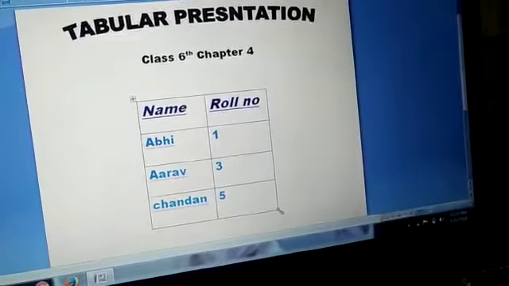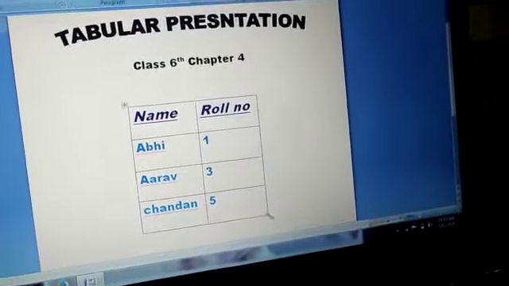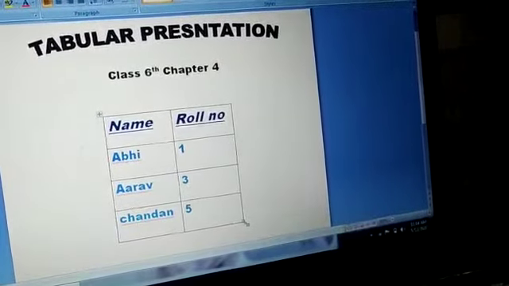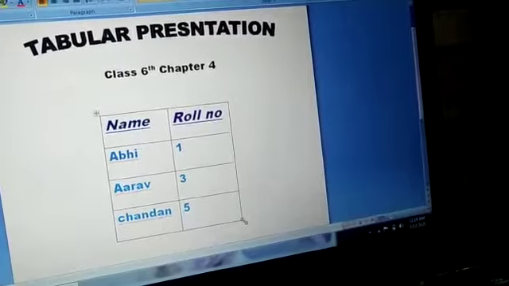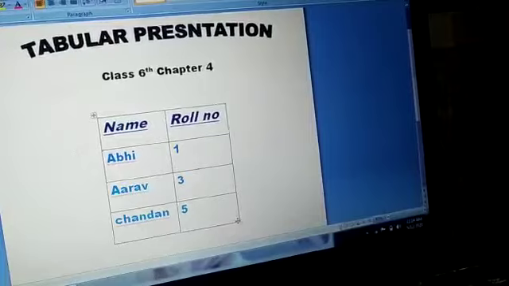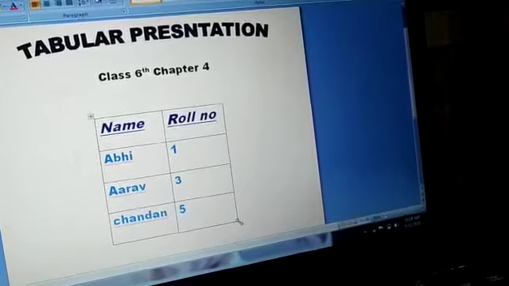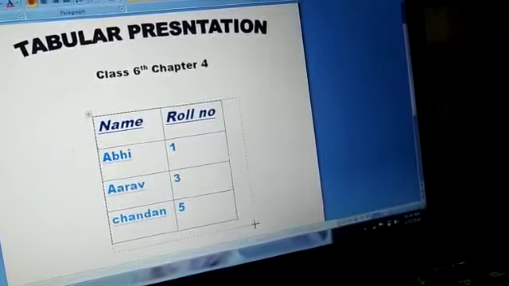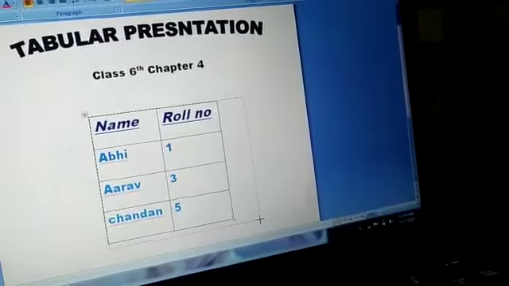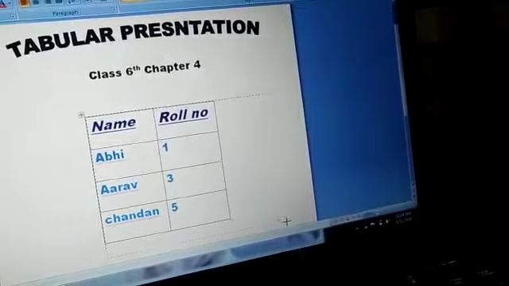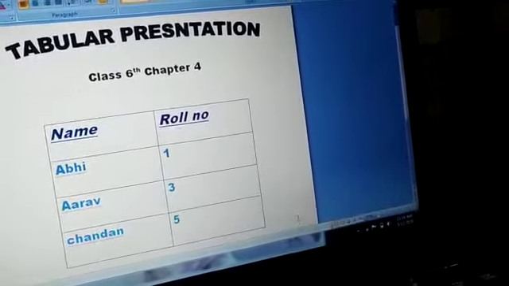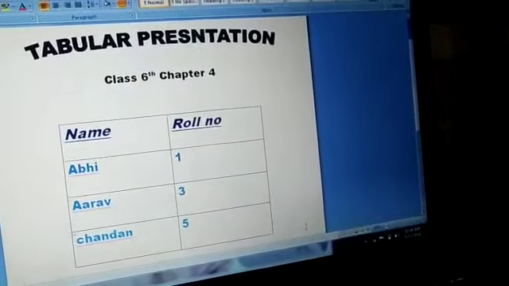Drag the handle until the table is of the size you want, if you want to increase the table size or if you want to decrease the table size. By pressing the mouse left button like this, a dashed outline indicates the new size. Now release the mouse pointer. Table will appear in new size.